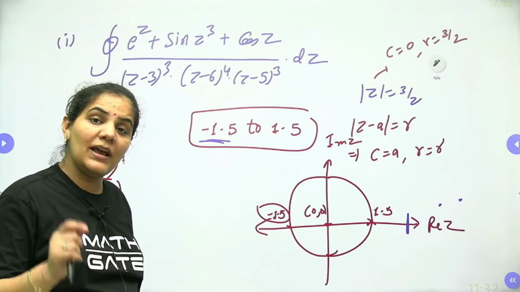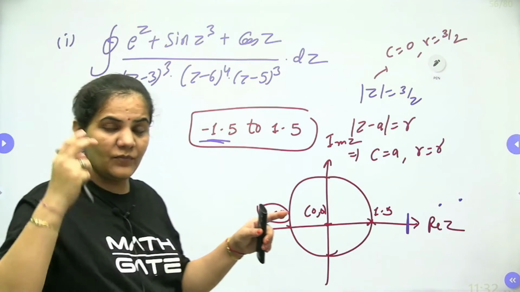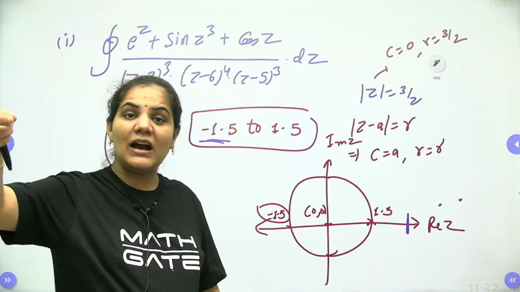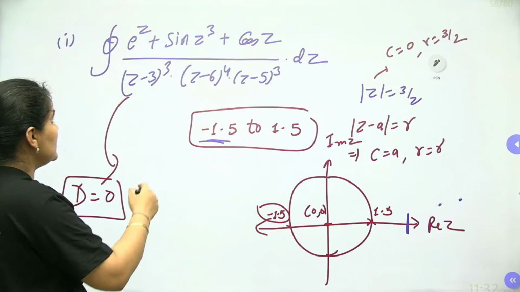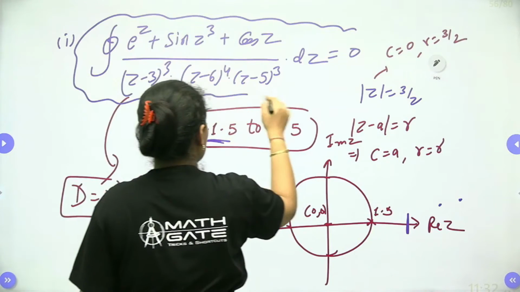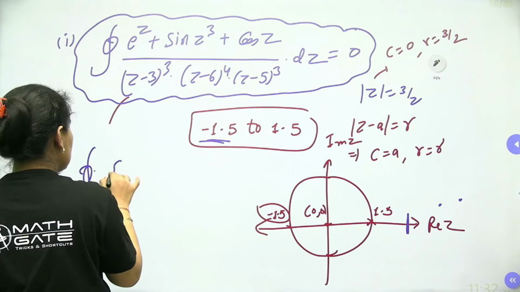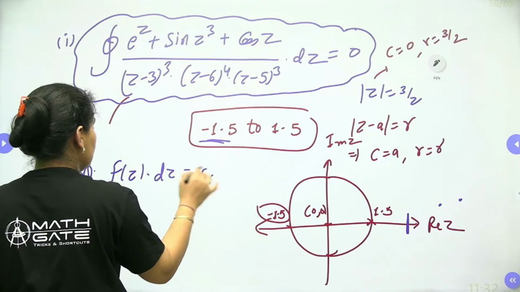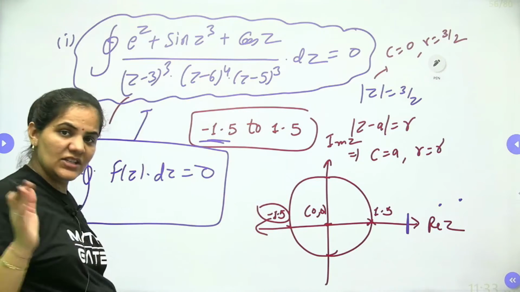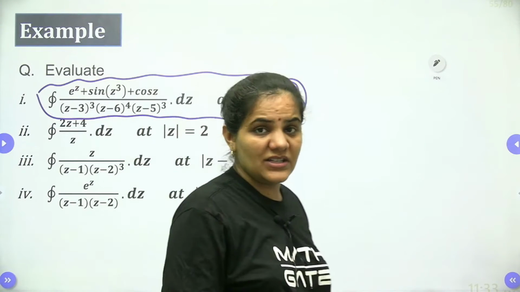It means here we will apply Cauchy's integral theorem. According to Cauchy's integral theorem, the function is analytic inside or on the closed curve, and the point is lying outside. So that's why the result will be 0, dear students. So the closed integration over C of f(z) dz is equals to 0. Whatever the f(z) is, the result will be 0. Clear? So we can easily approach this, dear students. I think it's a simple question.